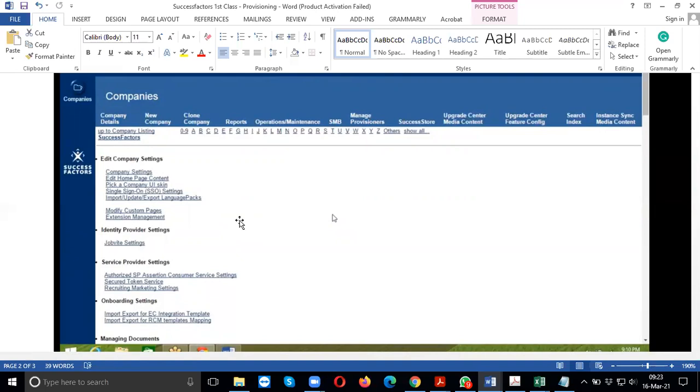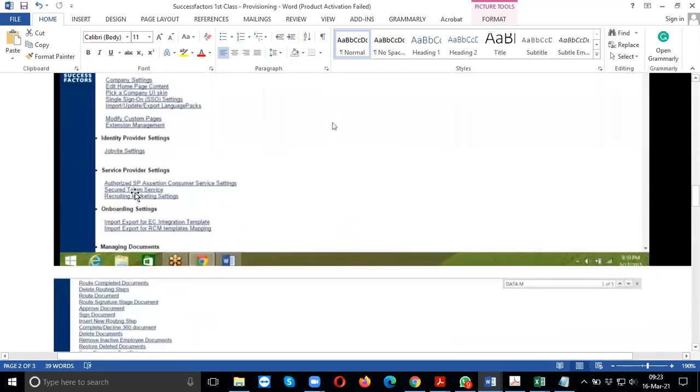Below you will see here, on the service center setting, we get the option to create a secure token service.